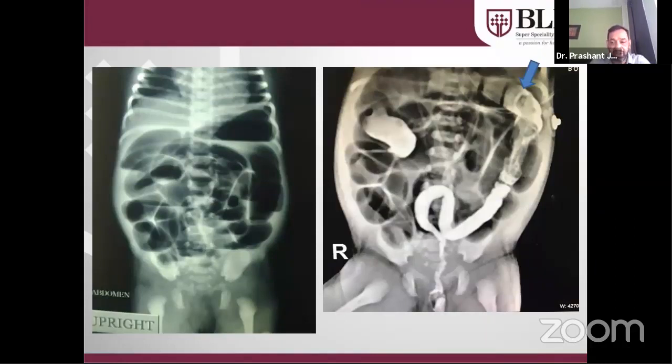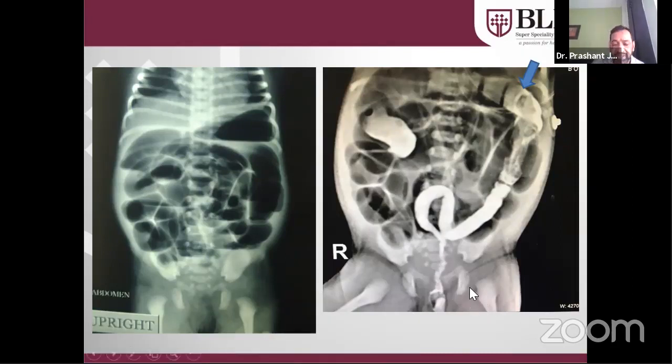Why gastrografin enema? Normally, we don't prefer doing the barium study in newborns because barium tends to get impacted inside the intestines and may form barium lids that can get calcified, and then it becomes very difficult to remove them from the intestine. So gastrografin is a water-soluble contrast and is the preferred agent for dye studies in newborn babies. So we did a gastrografin enema study in this newborn.